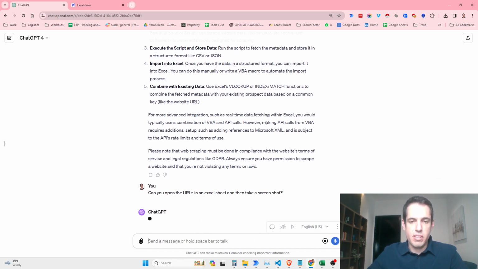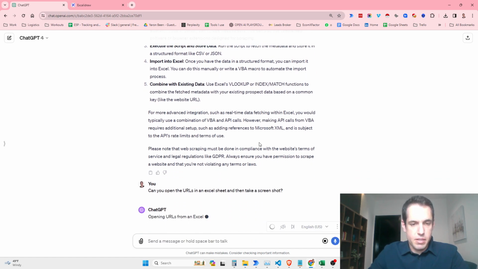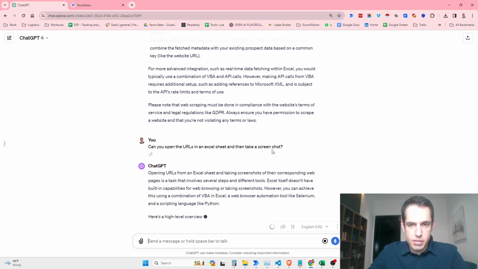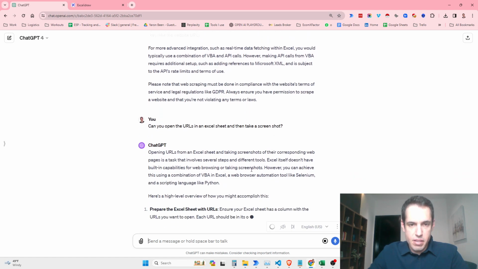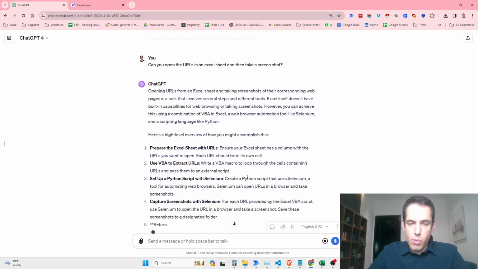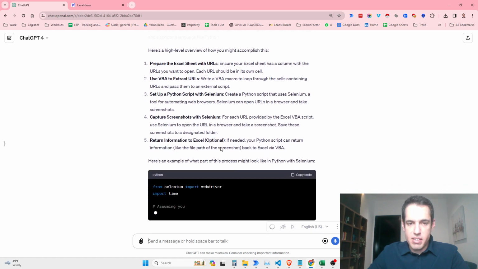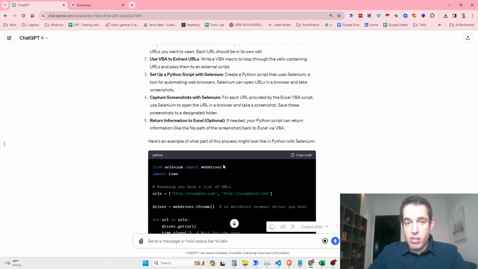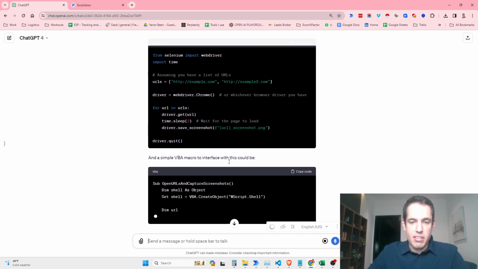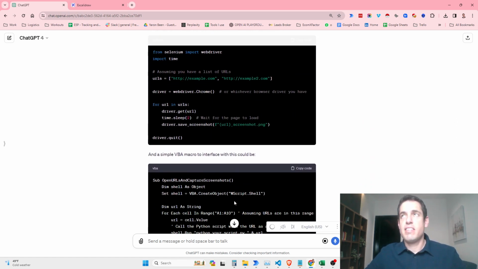Let's see if it allows me to do a screenshot. Excel itself does have this ability, and Selenium. Okay, we will skip this. In this case, what we can do is... I mean, it's going to write us how to do so exactly, but I want to stick to the Visual Basic. So basically what I would have done in this case,